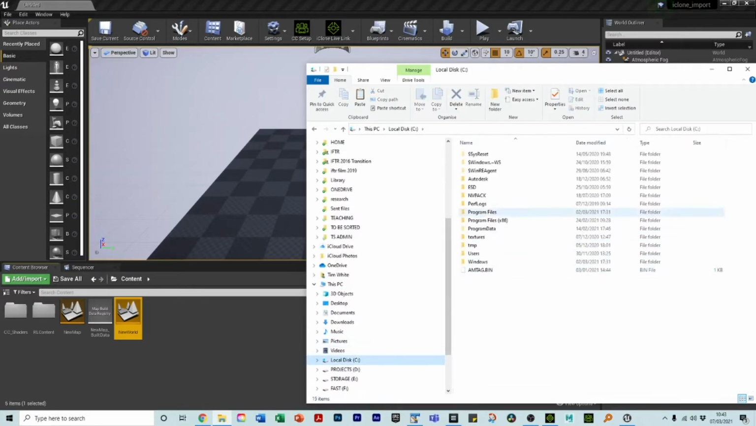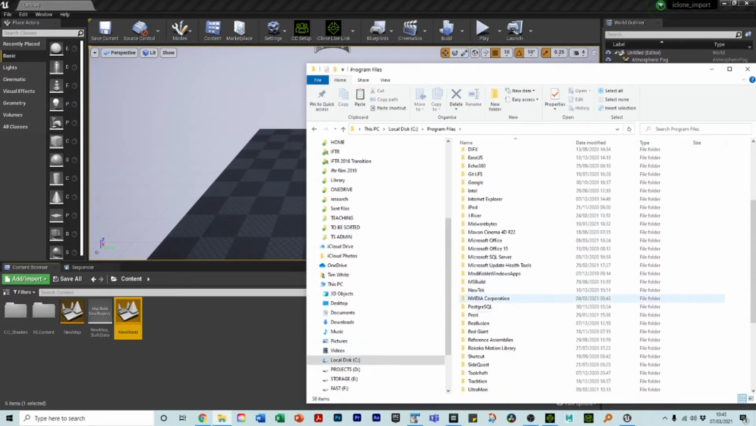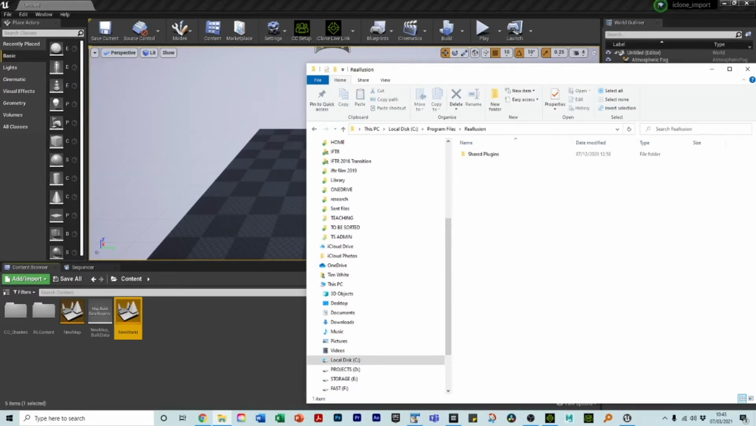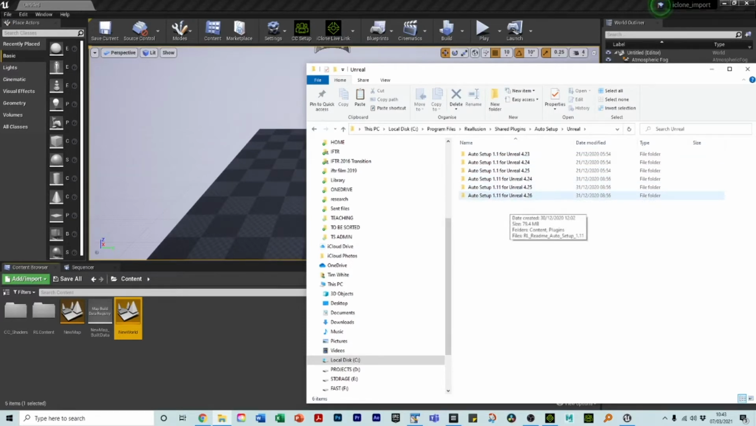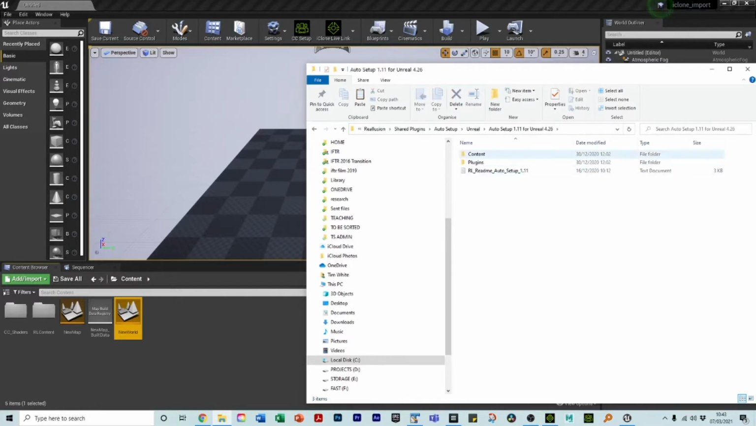So if I go to Program Files here, Reallusion, and what I'll find is, it's quite a way down, Shared Plugins, Auto Setup, Unreal. Here we go, and there are versions for the current and the preceding versions. I've just this moment upgraded to 4.26.1, so I'm hoping that this will still work. If you double click here, what you find is two folders. These are the ones you want, so you want to copy these,